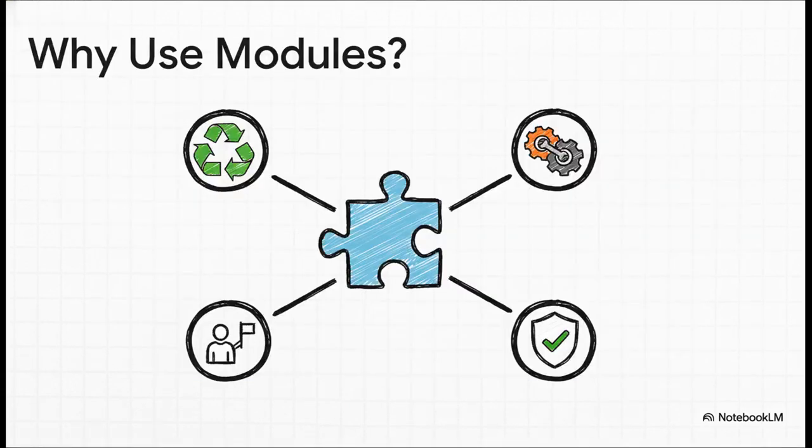So why did we spend all that time creating that modules directory? Because modules are basically microservices for your infrastructure. Instead of having one single massive 1,000-line main.tf file, we break our architecture down into small, focused, reusable components. I can build that VPC module once, and every team in the company can use it. If I need to update a security rule, I just update it in one place, and everyone gets the fix. It's the only way to manage infrastructure at scale.